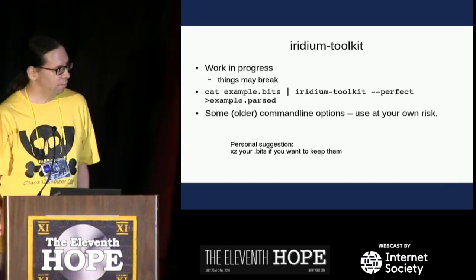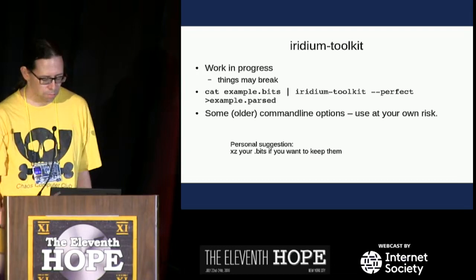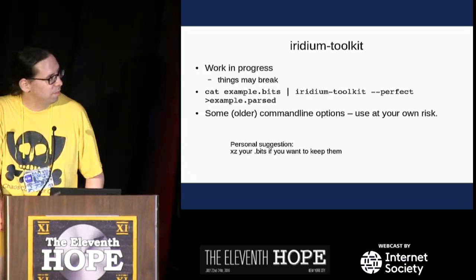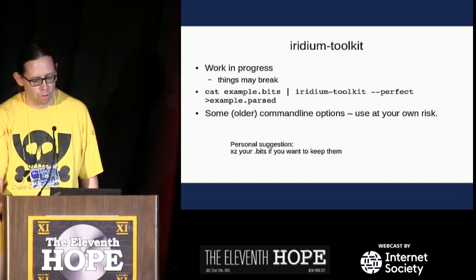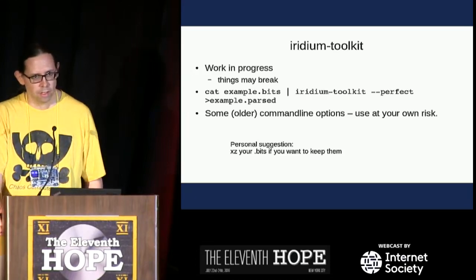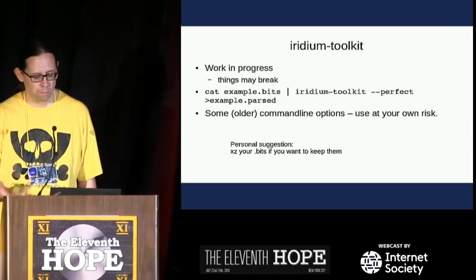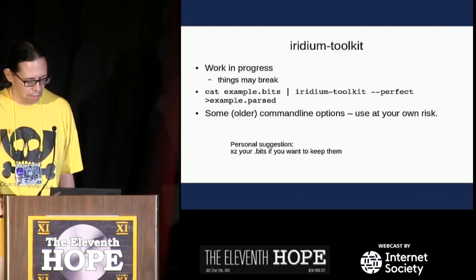Okay, so after you run the GR Iridium thing and got all the bits, you get a text file which contains all the bits, and then you just pipe it through the next tool, which is the Iridium toolkit Python script. It has a command line option --perfect, which you most of the time will want to use. That just throws away all the packets that have decoding errors. Everything that it knows about the frames, if it says, okay, this frame is somehow broken, then it throws it away. Sometimes you want to look at broken frames, but most of the time you just want to see the good stuff. And then you write it into another file so you can look at it later,